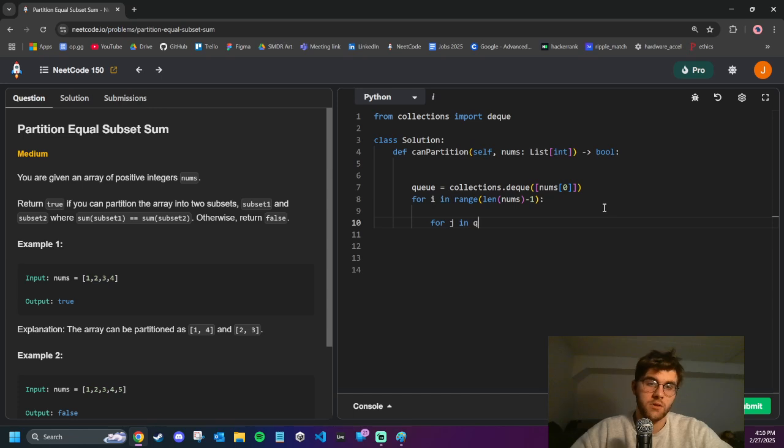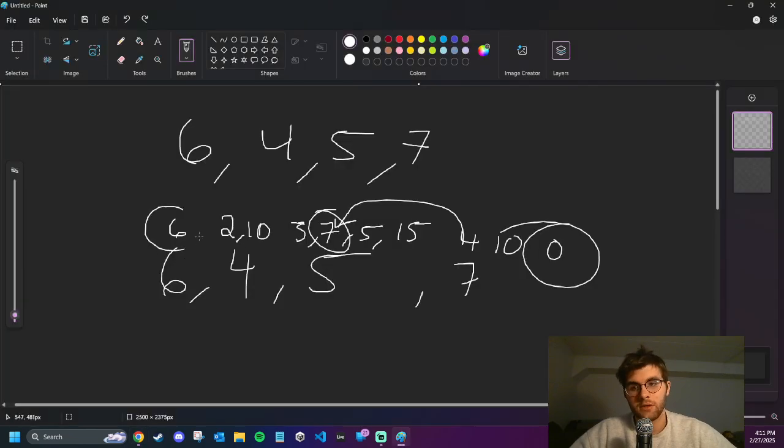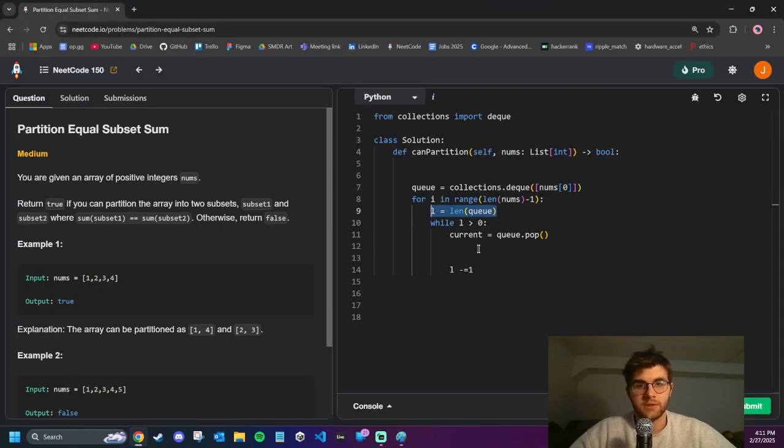basically want to do it. So we'll say L equals length of Q. Then we want to pop L. So basically what I'm thinking is, we get the length of Q, and then that many times we add two things to the Q. So we'll say Q dot append left, would be, so nums of I